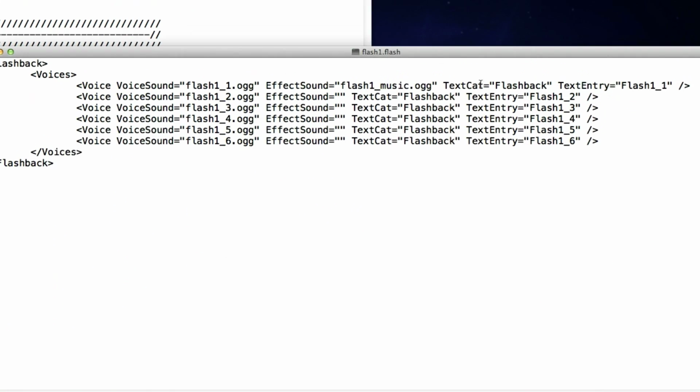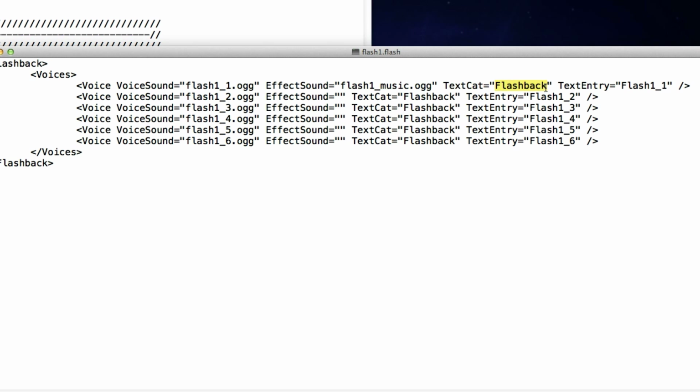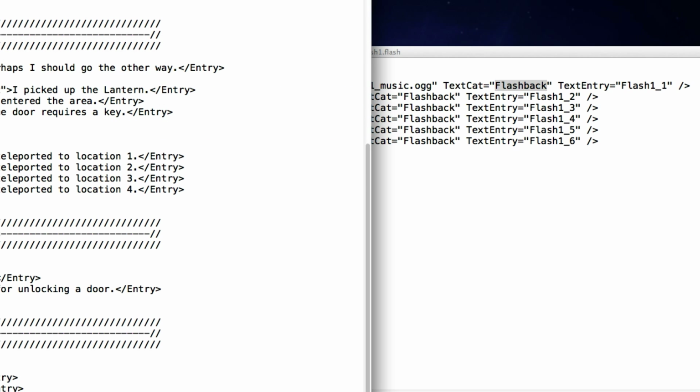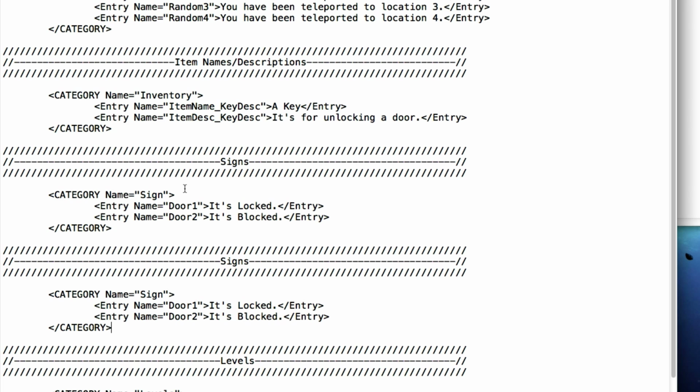And the first thing here, the text cat, is the category in your lang file. So just open your extra English.lang, and you're going to define inside of these quotes the category name. So if you do not have a category for flashbacks yet, you could make one. So I'm going to copy a previous one, which pretty much says category name, quote sign, and slash category with entries. I'm going to copy this one, and I'm also going to copy the banner, just because it keeps things organized for me. And I'm going to rename the category to